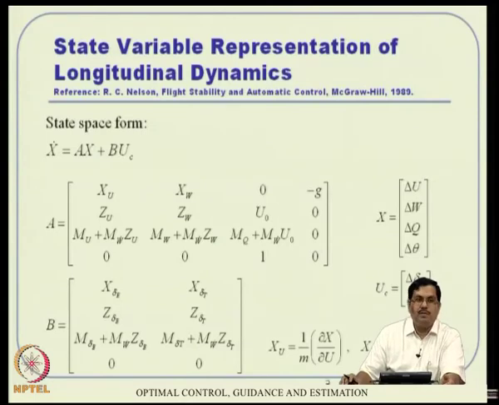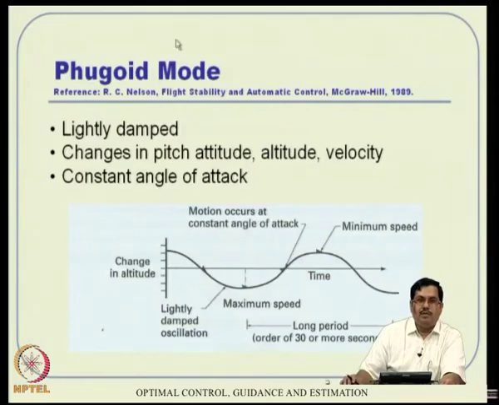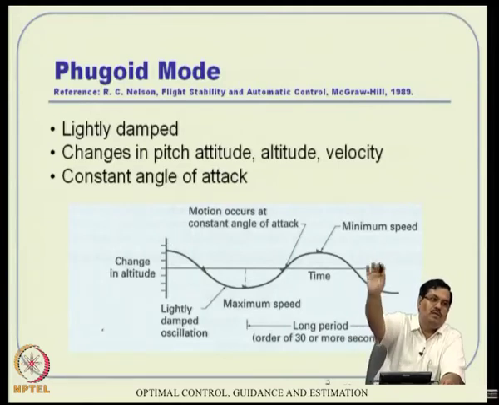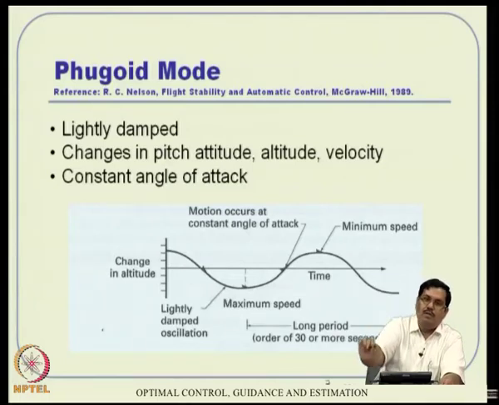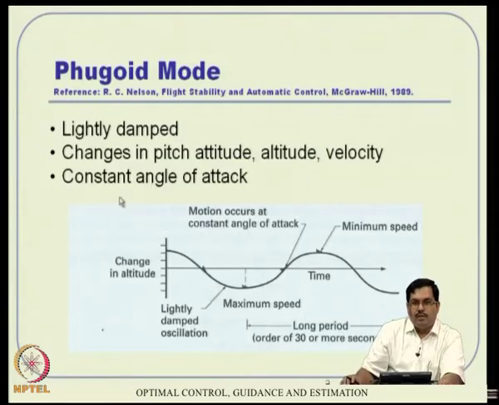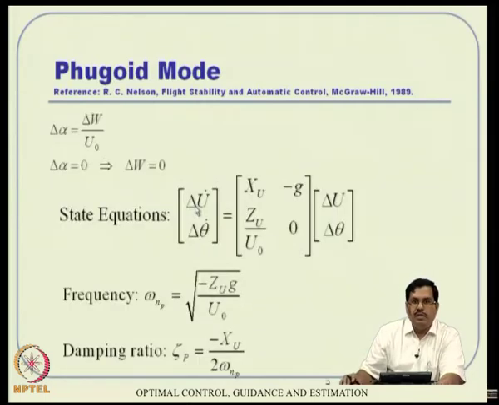And there are two types of nice perturbation motion in the study around the steady state level flight. One is called the phugoid mode. Essentially, the aircraft drops its height significantly and then goes off. The vehicle attitude does not change, the attitude remains the same. The entire vehicle will keep on going up and coming down, like a roller coaster ride. This happens with constant angle of attack. Under these assumptions, delta alpha becomes 0 because alpha remains constant, and because delta alpha is defined that way, delta w also becomes 0. So you are left with